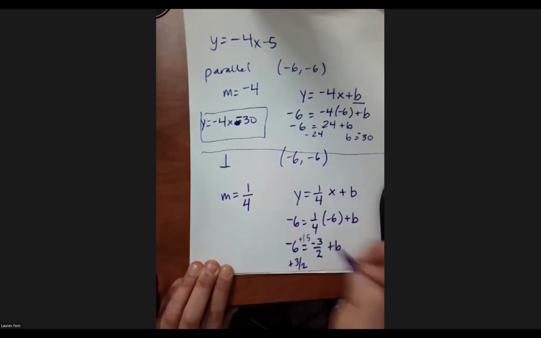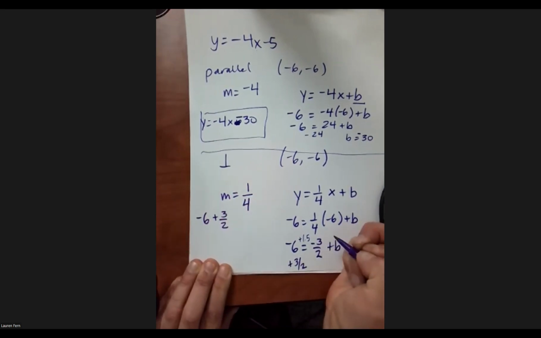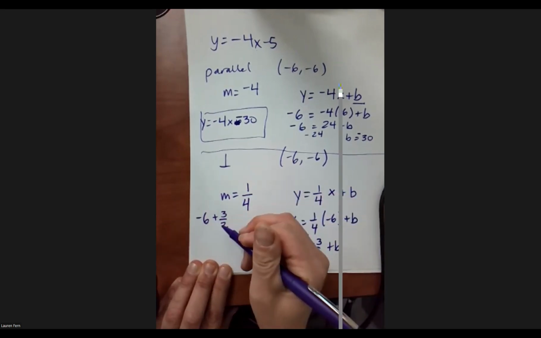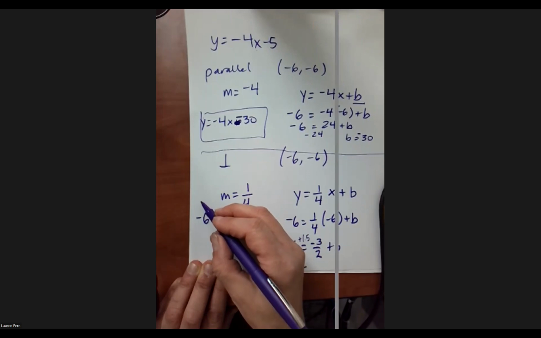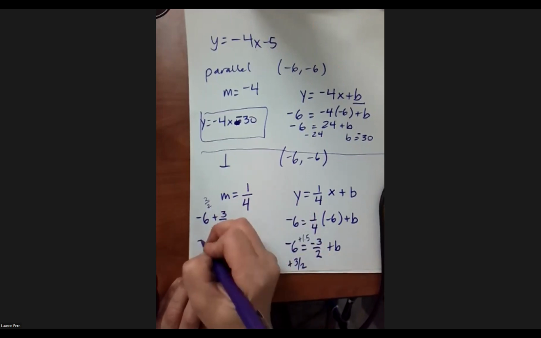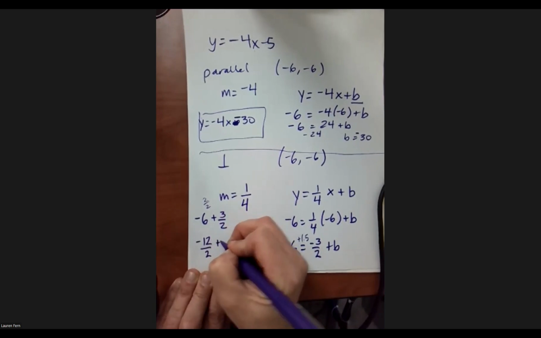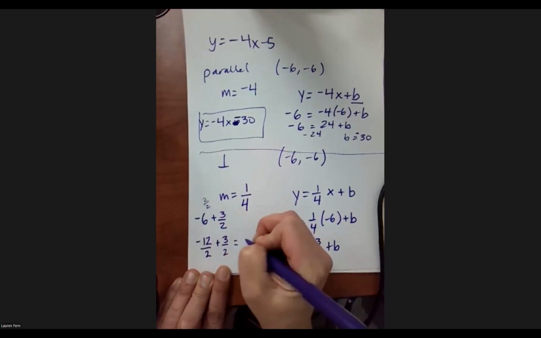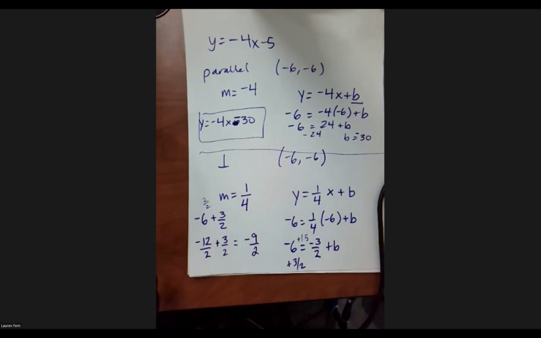Okay. So if you're cool with decimals, essentially what you're doing is just taking -6 and adding on 1.5. Okay. If you want to see this with fractions, this is what we're computing. We need a common denominator. Well, in order to get our denominator of 2, we got to take this first guy and multiply it by 2/2. So we have -12/2 plus 3/2 is -9/2. Wasn't that cute?